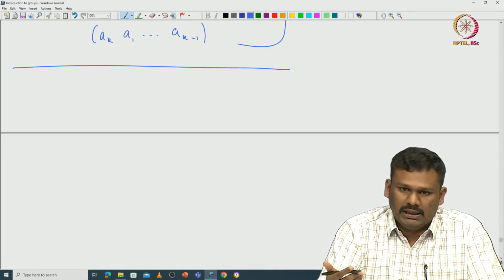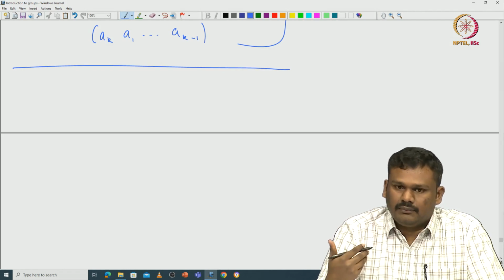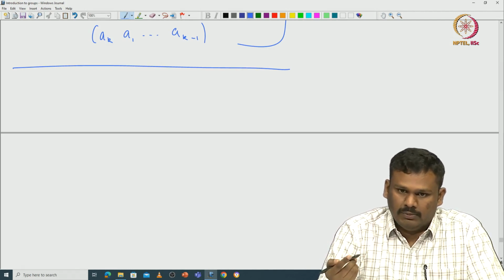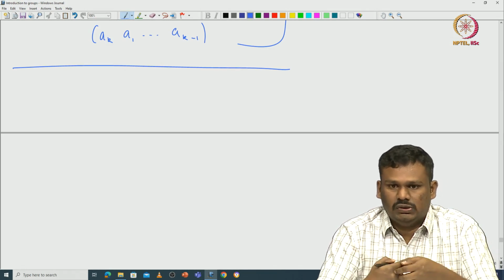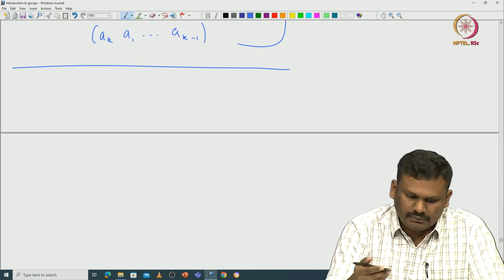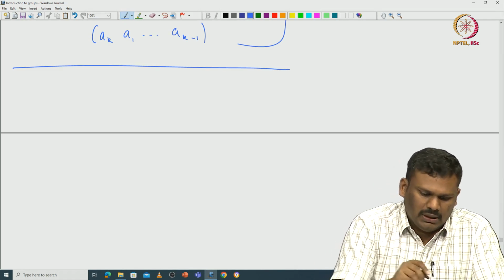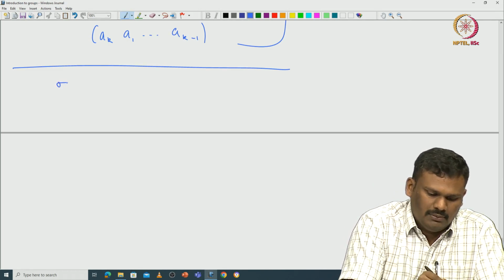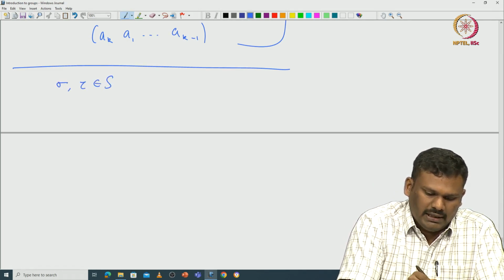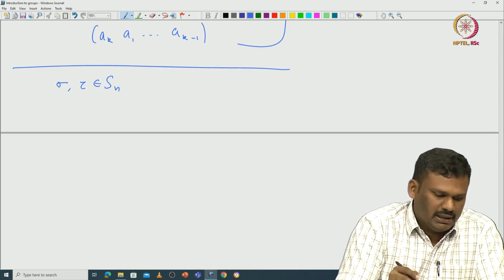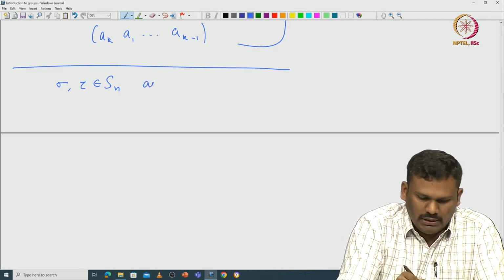The permutation really acts on those indices that are actually permuted by sigma. If a point is fixed, then the permutation does not do anything on it. So if sigma and tau are elements in Sn, they are said to be disjoint